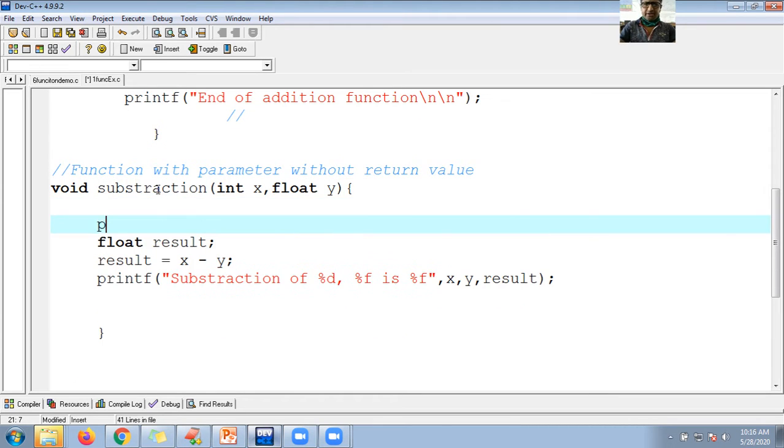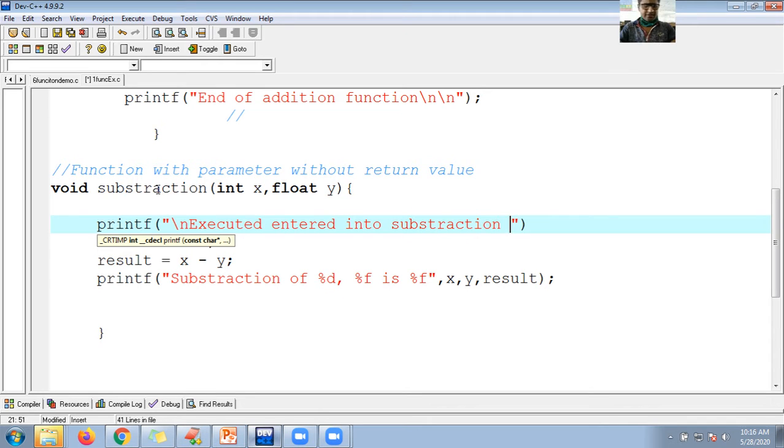Now for your sake, let me show you a message with printf: execution entered into subtraction function.